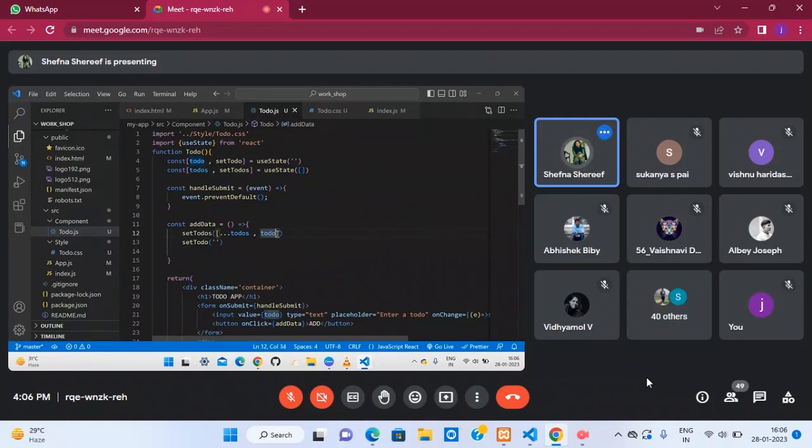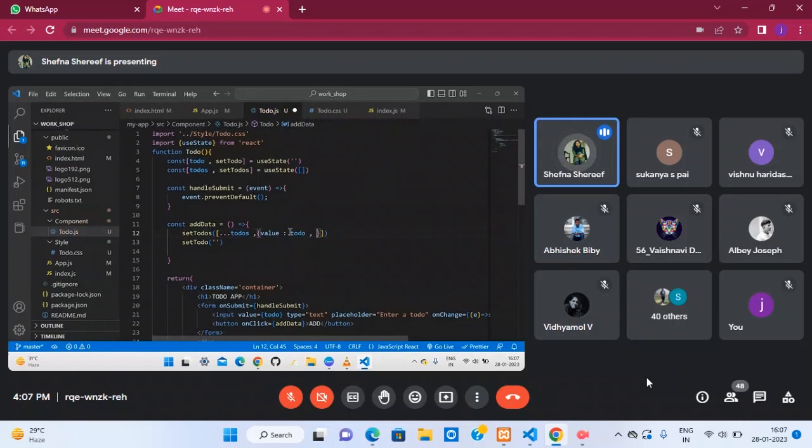So this is an object within the array. Okay, so value as to-do. Then here we pass it, spreading the to-dos array, then passing an object here. So the object properties are value and ID, with value as the to-do variable and ID as the